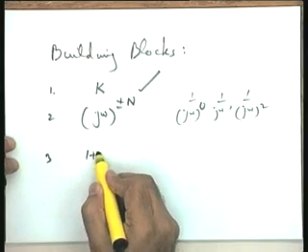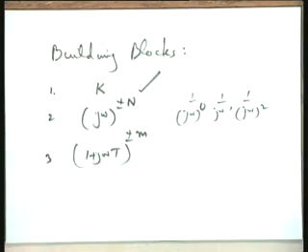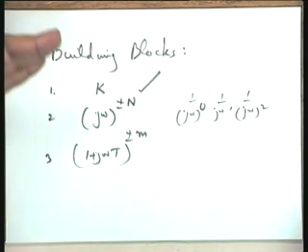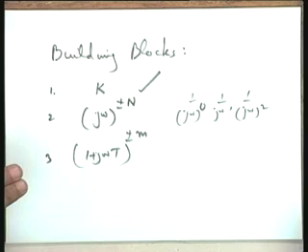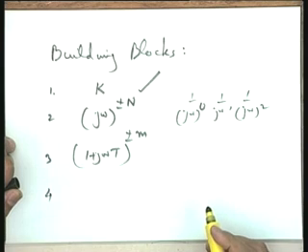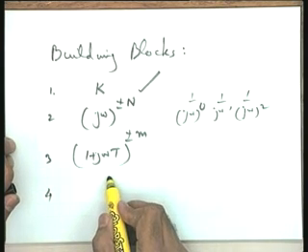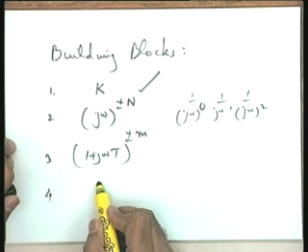Third case, (1 plus j omega T) raised to plus minus m, let us say. This is a first order factor in the numerator or in the denominator. This can happen both ways, it can come in the numerator as well as in the denominator. Fourth building block, please help me. The fourth building block, the general type of transfer function which you have taken, can I take this way?